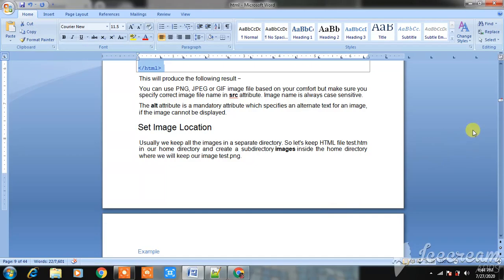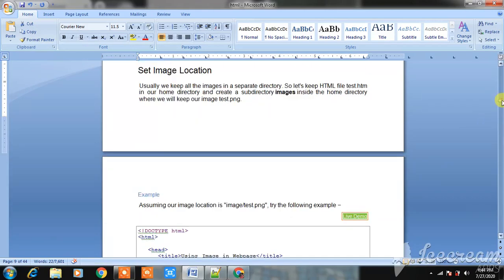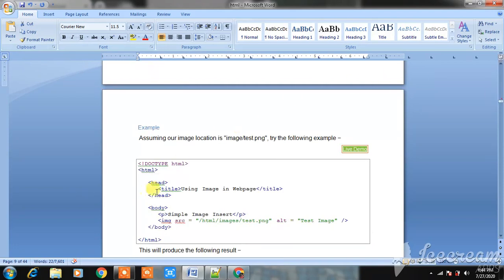You can see here the program: title, using image in website, body, paragraph, image tag, source dot slash images test.png. This is the location of your image. Got it?